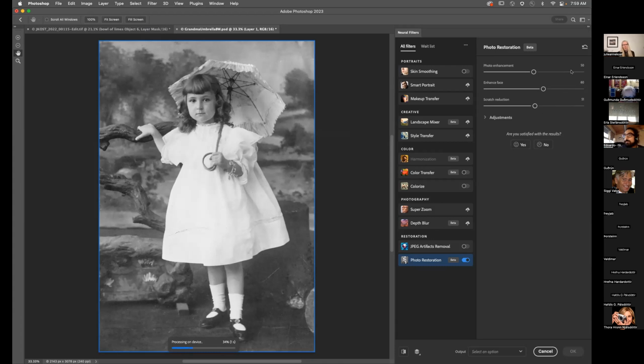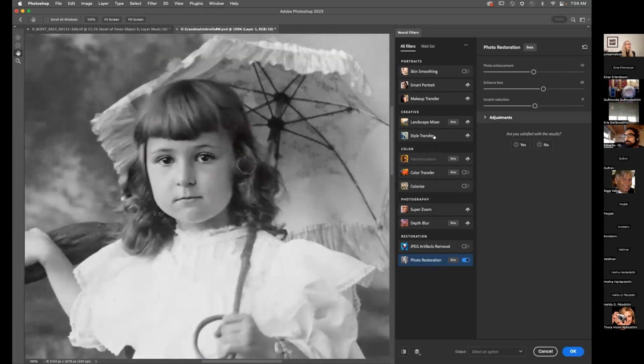I'm gonna guess at this point that I was somewhere near 50 and 50. And if we go Command 1 and zoom in and look at the face, it's actually making up pixels, right? So it's not using someone else's eyes, it's actually creating those from scratch. So I'm gonna go ahead and enhance it like 100%. But again, see the skin is just too smooth in comparison to the amount of noise in the background. Plus it didn't quite get all of the hair, right? And there's no way for me to manually override that. So I might say, oh, maybe I'm not satisfied with the results, or maybe I am. But when I apply this